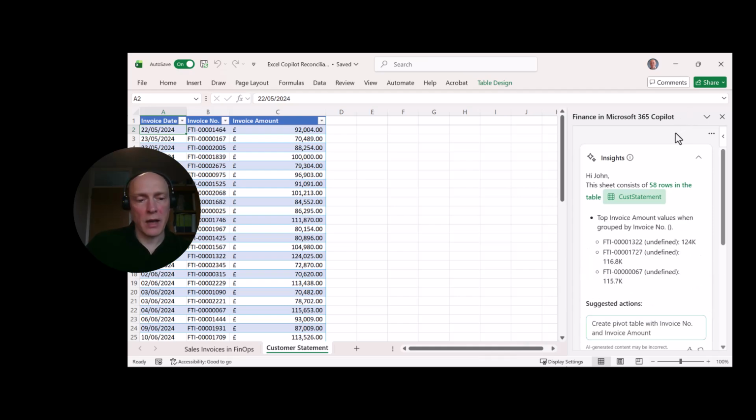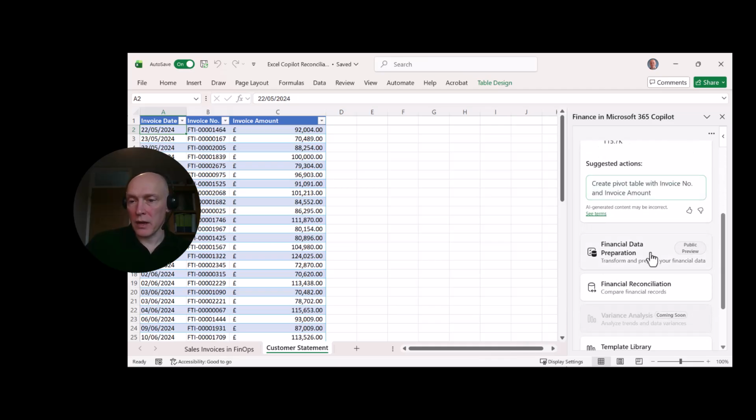There's a couple of pieces of functionality that this provides. For example, I can use what's called financial data preparation, and this will allow me to transform and prepare the data before I carry out a reconciliation. So this could be useful if you've got a column that contains date values, but they're not actually properly recognized as dates within Excel. So you could use the financial data preparation to transform that data. But I'm going to go straight through to financial reconciliation,